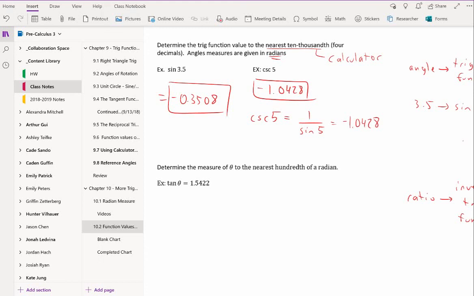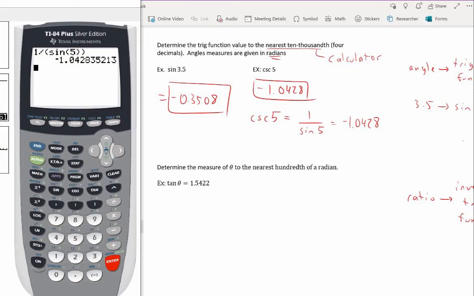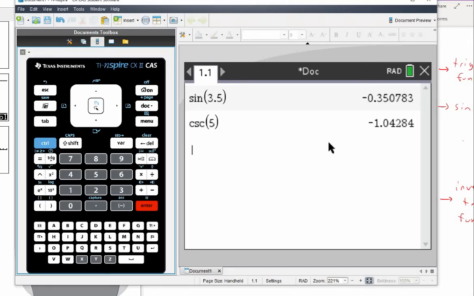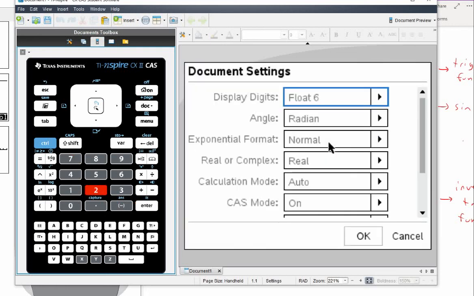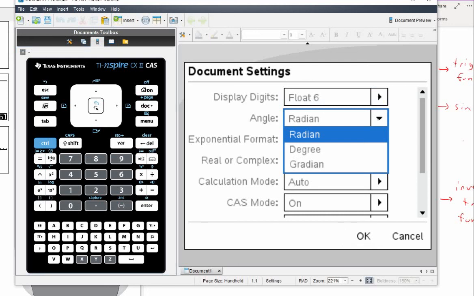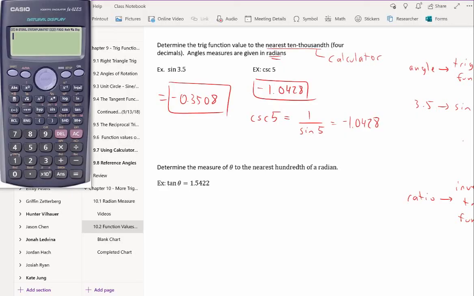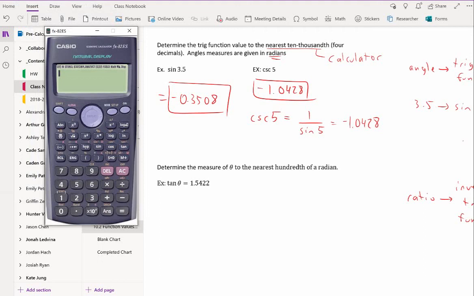And lastly, to confirm changing between modes: if you're using an 84, 83, or any of these TI models, we just hit the mode button and select radian to make sure we're in radian mode. If we're using the Inspire, we change modes by pressing document, 7.2, and selecting radian or degree mode. So document 7.2 for the Inspires. And then lastly, maybe you're using a basic scientific calculator. That might look something like this. These ones can be a little trickier, but if we hit the mode button, actually,